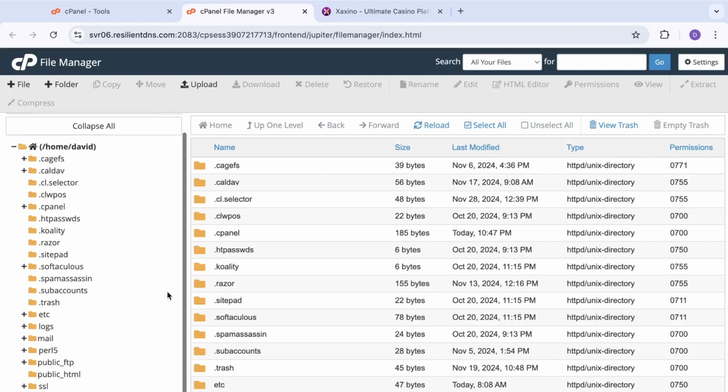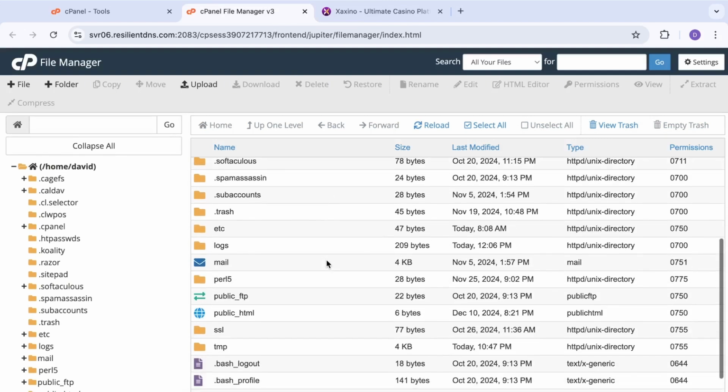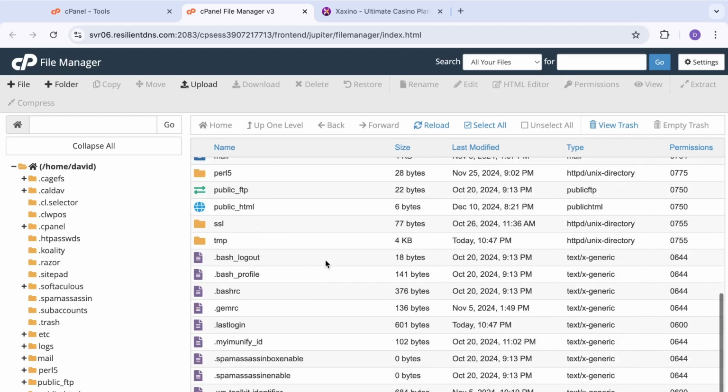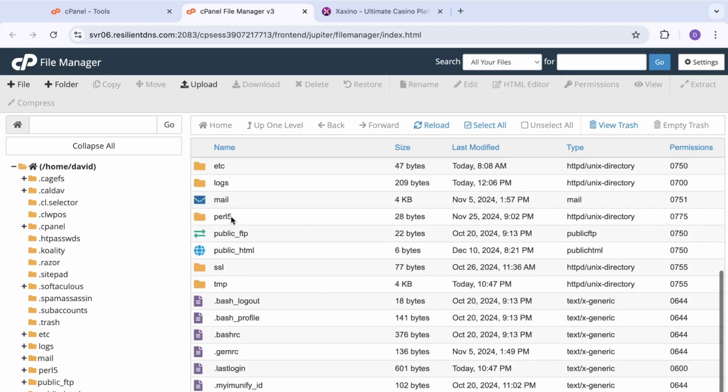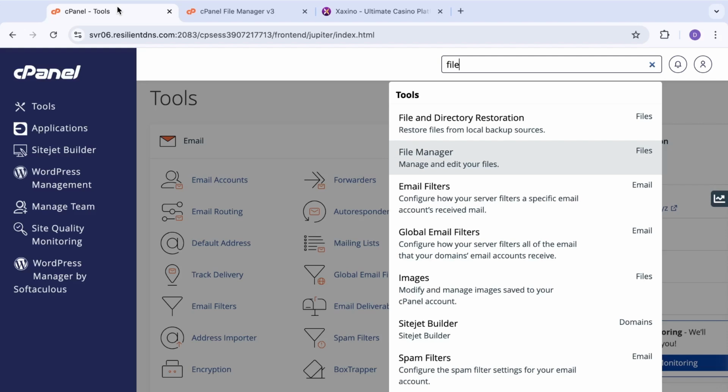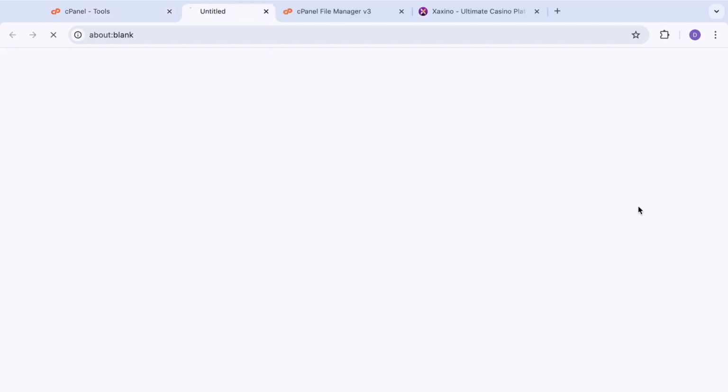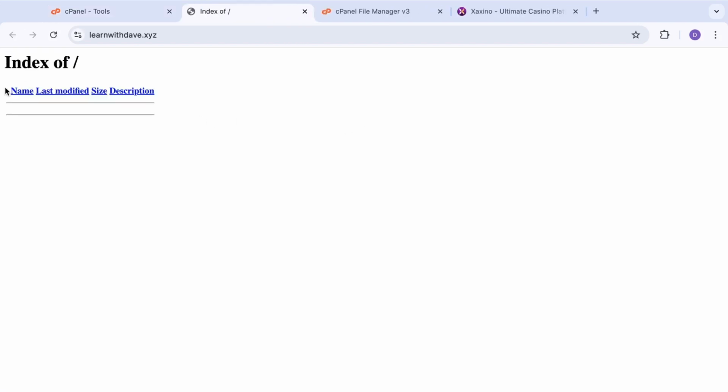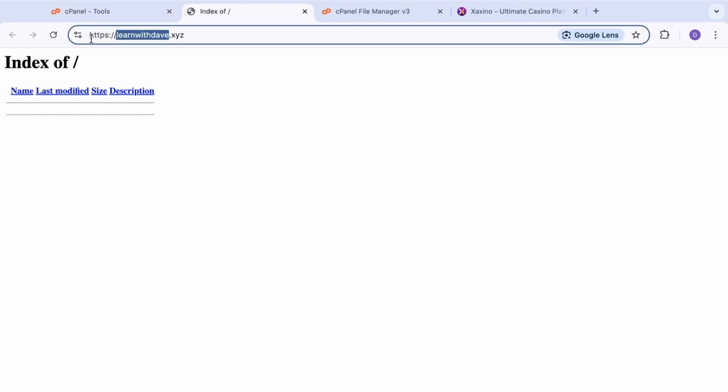And now you are rerouted to your File Manager page. You don't have to worry about most of these folders. Under your public_html folder, this is basically where your website files will reside. Anytime someone visits your application, if you click on your domain right here, let's close this, and you click on your domain, as you can see, my domain is currently empty. It's learnwithdave.xyz. This is the domain I use for the tutorials. But if you click on your domain, it will be empty, or it will have a few files,